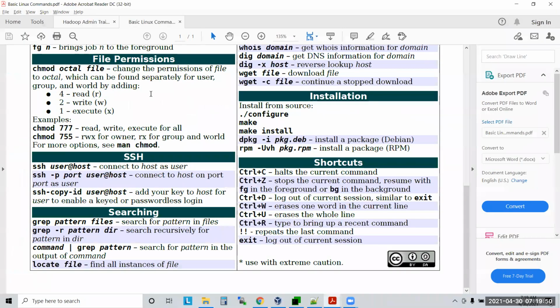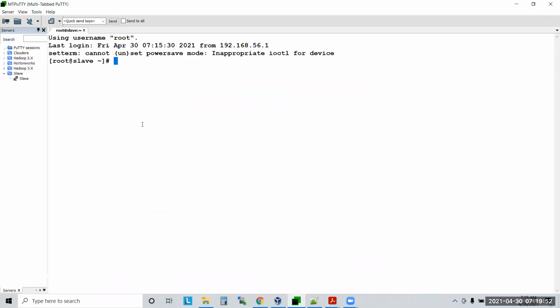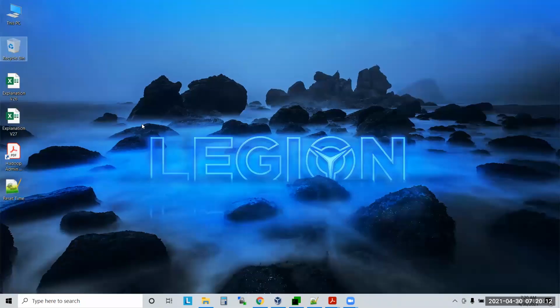So what is the command? First, the ls command. What is this ls command, guys? When I say ls, and if you don't give any path, it will list all the files in the current path. First of all, we need to understand, when you log in, what is your starting location? Let's say you're logging into Windows. What you will see when you log into Windows? You will see desktop. Yes or no?